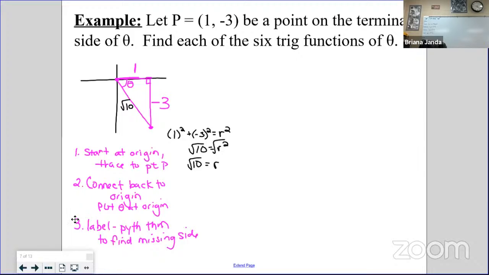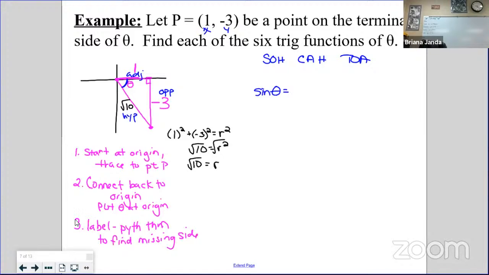Okay, so then let's find each of the 6 trig functions. We know we have 6 answers at this point. We have done all of the legwork. Now you just have to look at the picture and say, what's my opposite over hypotenuse? What's my adjacent over hypotenuse? All of that. So think through SOHCAHTOA to start with, right? And do your sine, cosine, and tangent first, just because they're the easiest. Sine, so theta, again, is always at our origin, which would make this opposite, adjacent, and hypotenuse, which matches what we just talked about, that our y value over our r value